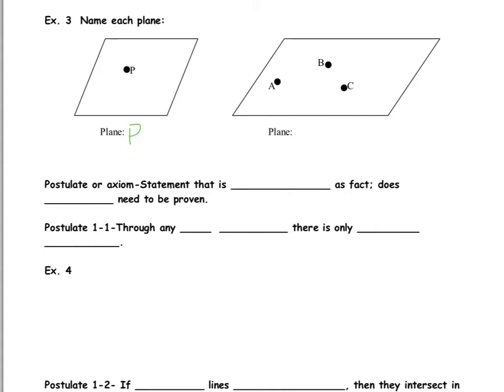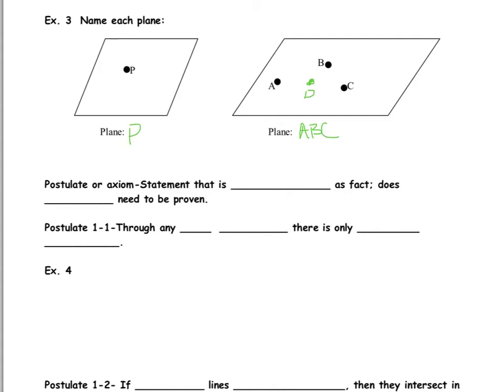It doesn't really matter, but usually we go in alphabetical order. You just could not name it, say for instance we had another point right there and we called it D, you could not name this plane ADC or